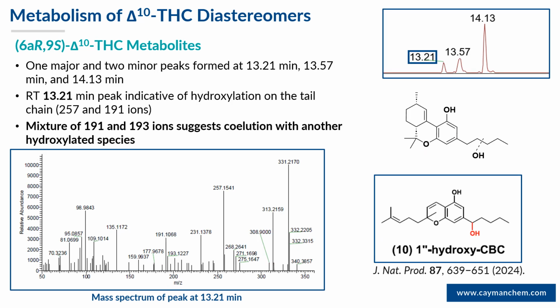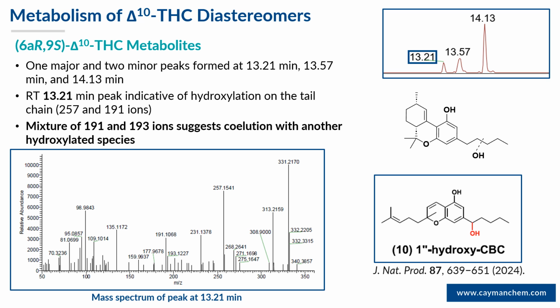When we look at the metabolism of the other Δ10 diastereomer, the 6AR9S Δ10, we observe the formation of one major and two minor peaks. The earliest eluting minor peak at 13.21 minutes has a mass spectrum that indicates we're getting tail chain hydroxylation. So we see the 191 and the 257 ions, which are diagnostic of the tail chain hydroxylated metabolite. Our spectrum also shows a minor 193 ion, which suggests we could be getting coelution of both tail chain and